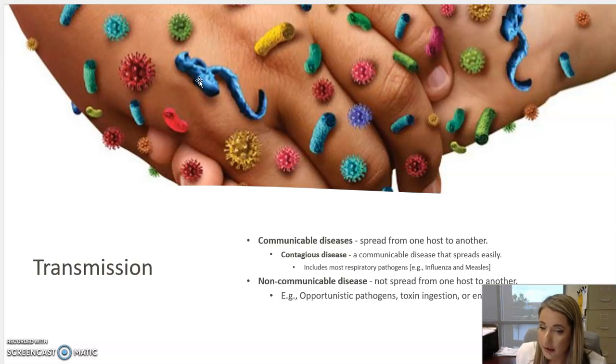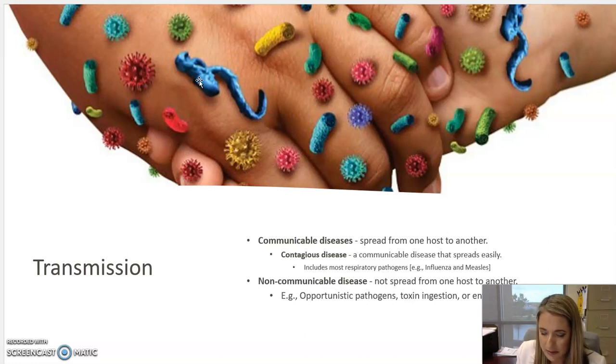Something like HIV is communicable, yes, it's spread from person to person, but for it to be spread, it obviously has to be a much more intimate point of contact. So it's not as easy to transmit as something like influenza or COVID that can be simply spread through a respiratory droplet. So a contagious disease is just a communicable disease that's spread very easily, and this predominantly includes your respiratory pathogens. Then there are non-communicable